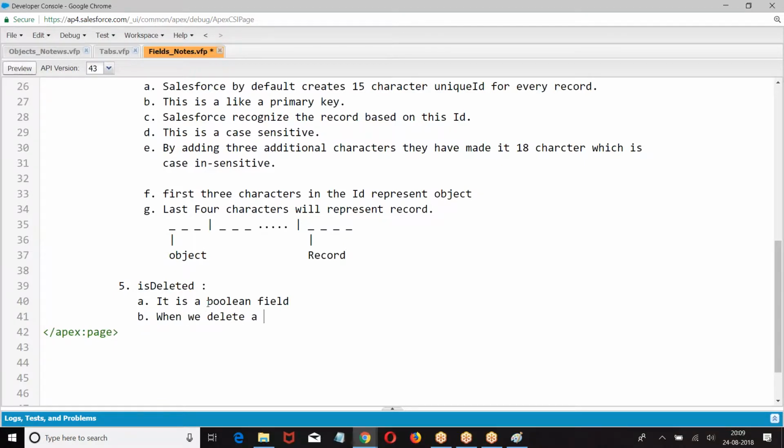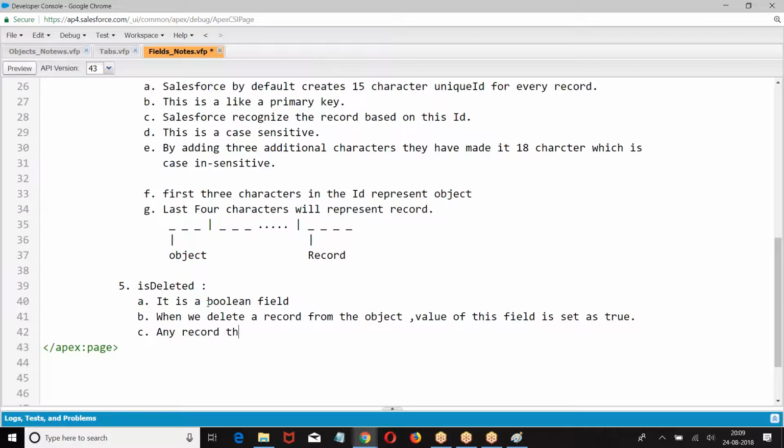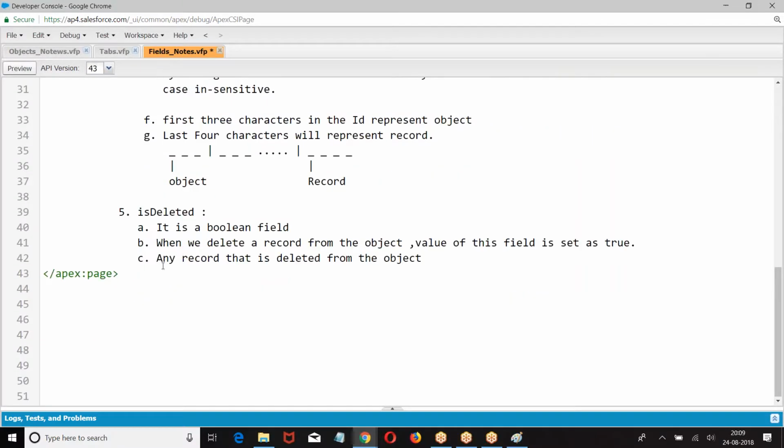When we delete any record from the object, it will still be in the database for 15 days. After 15 days,